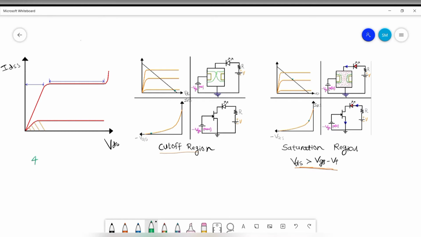So in all there are a total of 4 different operating regions of JFET. The lower one which you are seeing over here is the transfer characteristics of JFET. The lower part of this characteristic is known as the cutoff region. The upper part of this transfer characteristic is known as the saturation region,